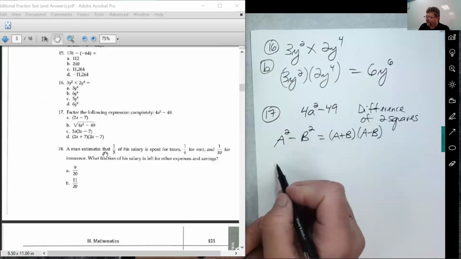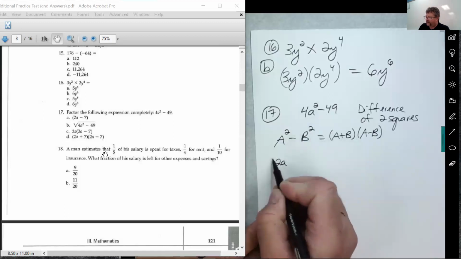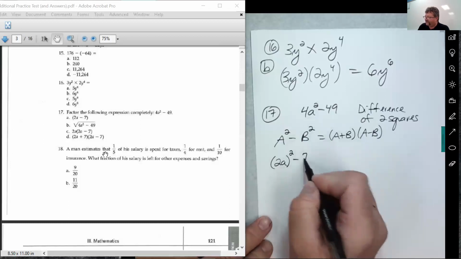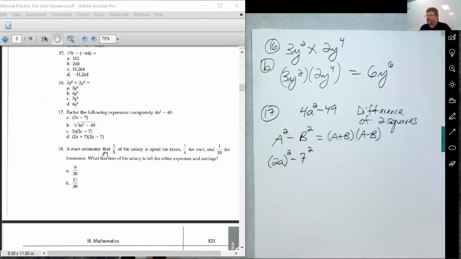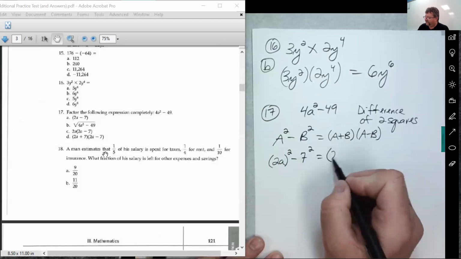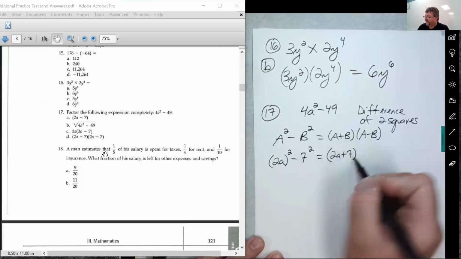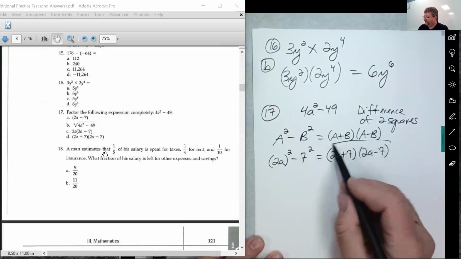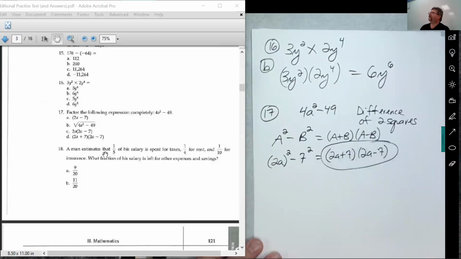Because 4a squared is really 2a, everybody, squared. And 49 is really 7 squared. So I've got something squared minus something squared. All right, so the factors are going to be 2a plus 7 times 2a minus 7, okay? Those are my factors. And if we scope out our choices there, choice D